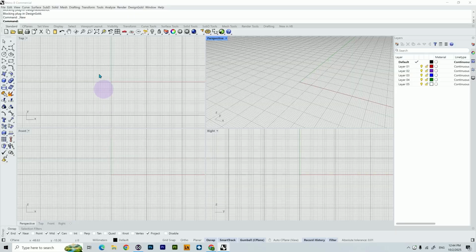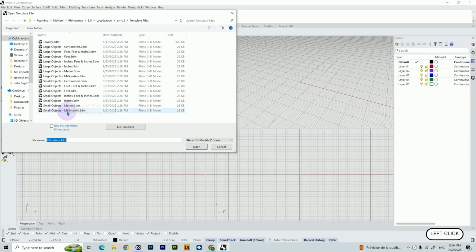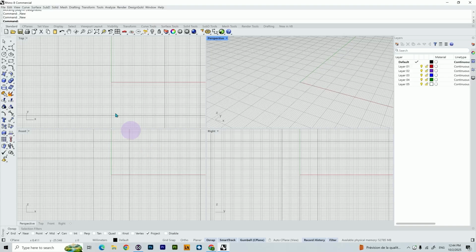Alright guys, as usual, let's start a new file by going to File and selecting the New button, and we are going to select, as usual, the small objects millimeters template. Let's draw a circle by selecting our circle command. Go to our front view and type 0 on your keyboard. Press enter, and now let's set the size of our ring, which will be, for example, 16.1 millimeter in